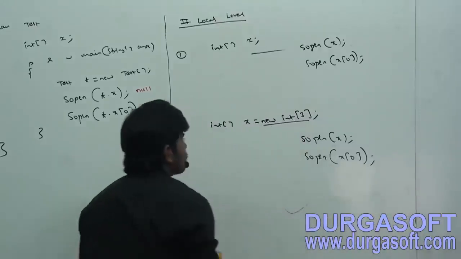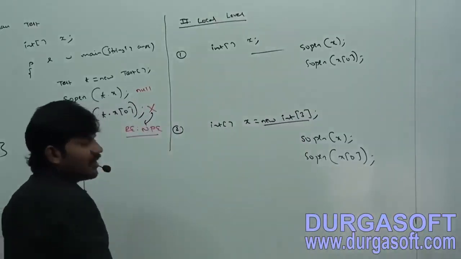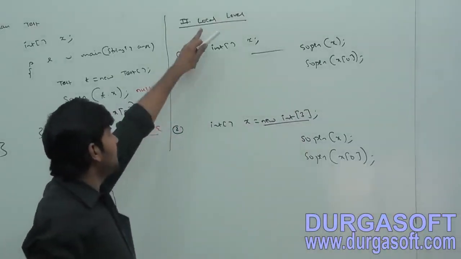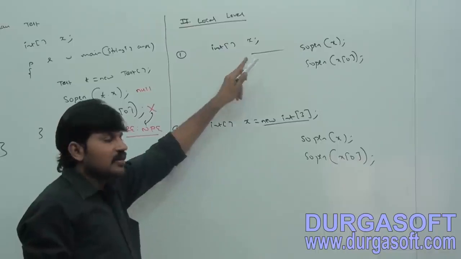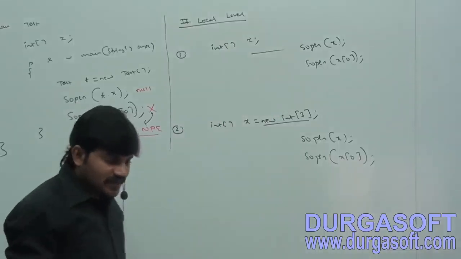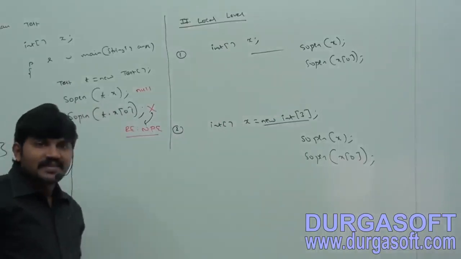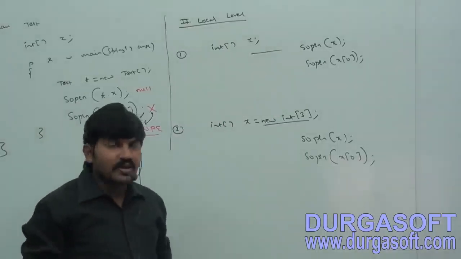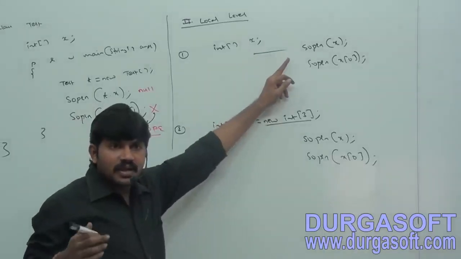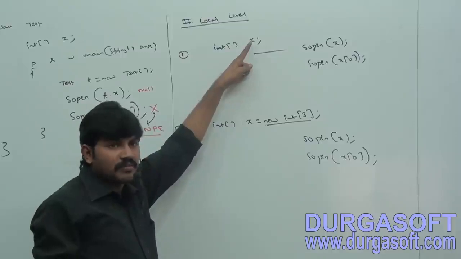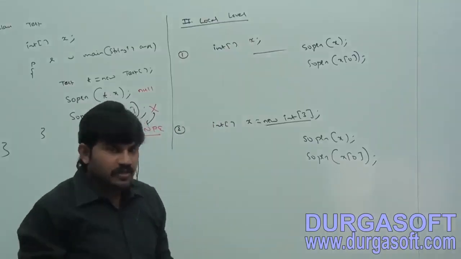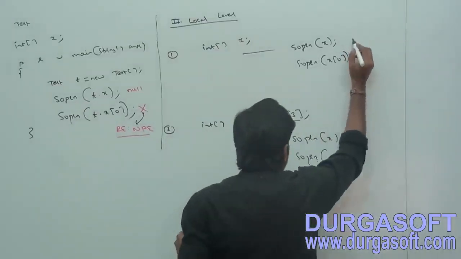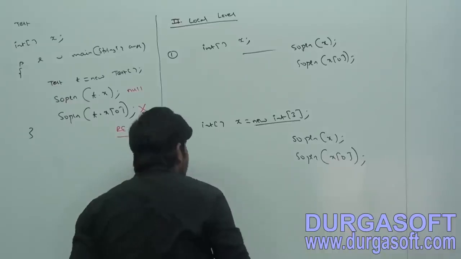If it is local, inside a method I am taking it like this. Now SOP of x, what is the answer? Compile time error, because for a local variable JVM won't provide any default values. That's why, do you know, in both cases we will get a compile time error